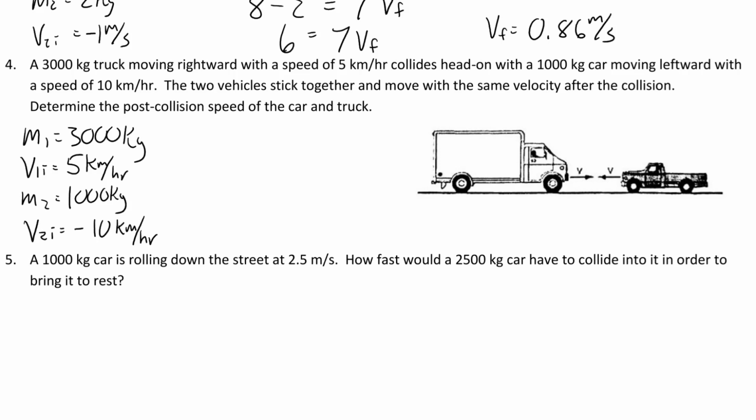They're in opposite directions. The two vehicles stick together and move with the same velocity after the collision. Determine the post-collision speed of the car and truck. So you're just looking at the final velocity. That's what we want to know. Again, you write down your equation. Oh, first of all,